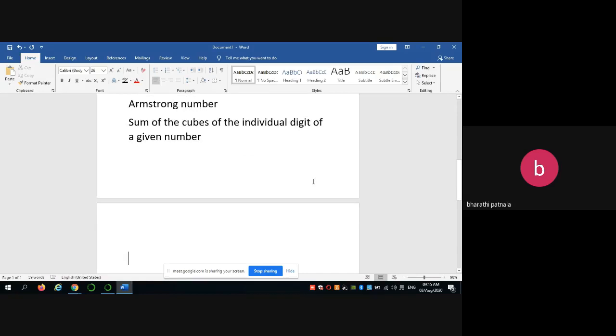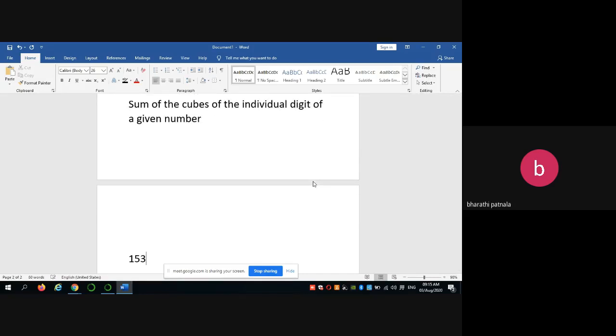That means if you have a number like 153, you should write 1 cube plus 5 cube plus 3 cube. Okay. So cube each digit first and then sum all those values.